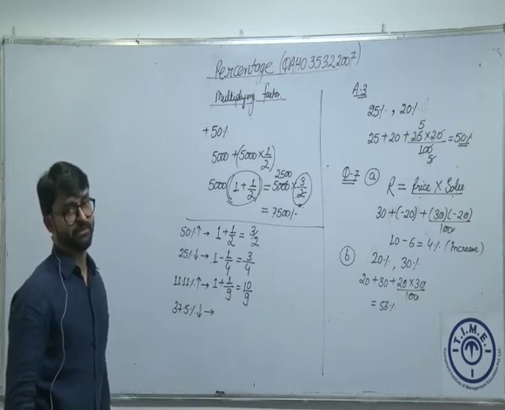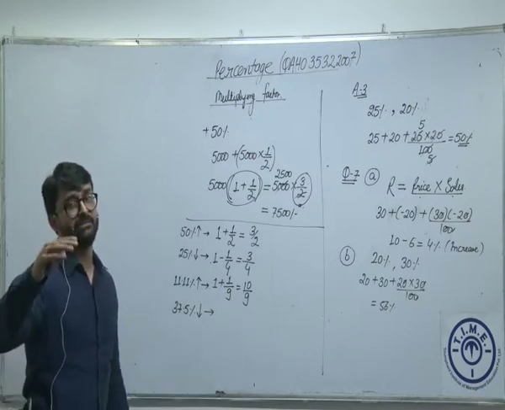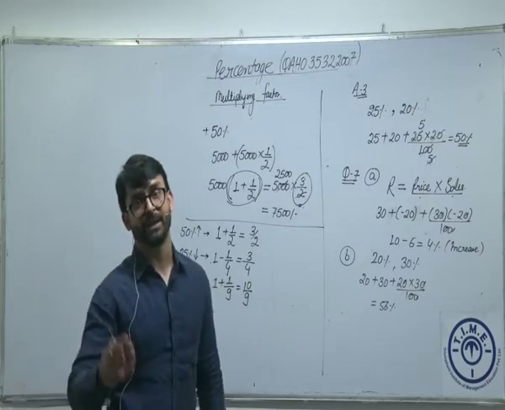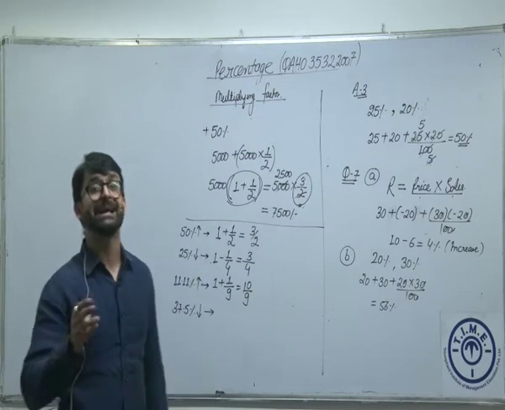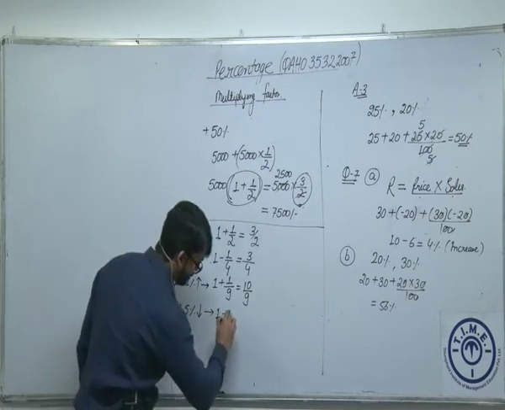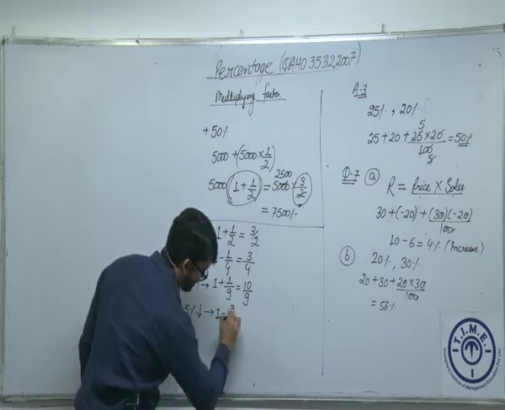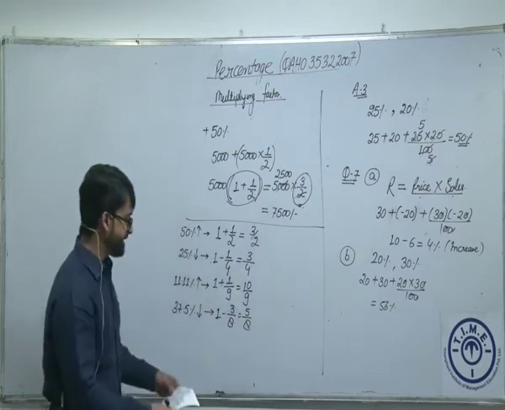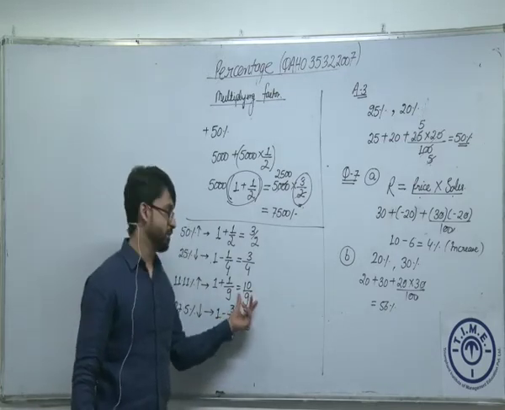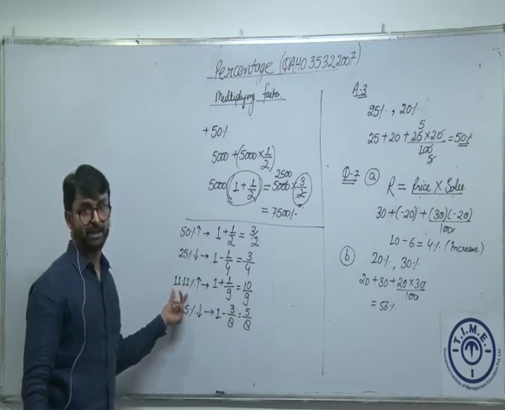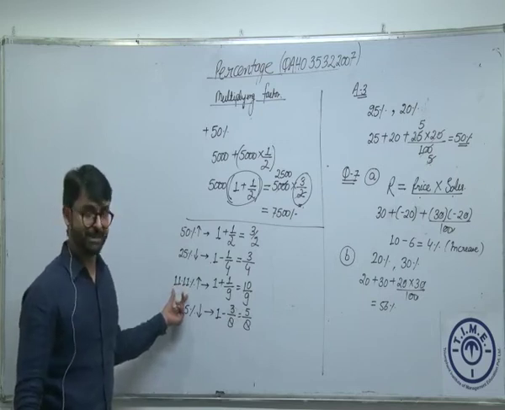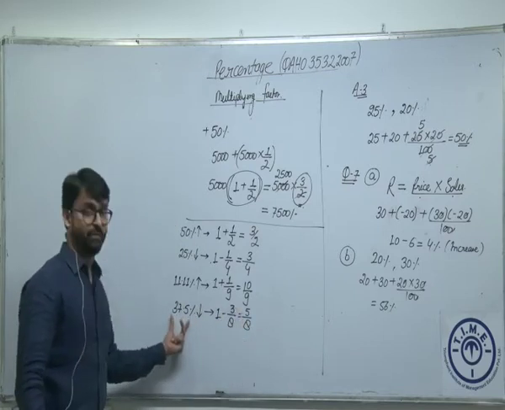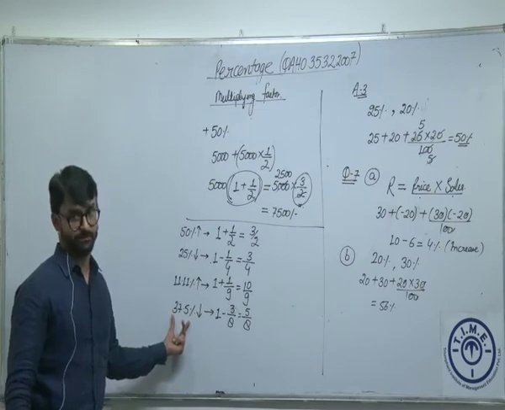Now 37.5%, we have used this number a couple of times. This is 12.5% into 3. 12.5% is what? 1/8 into 3 is 37.5%, which is 3/8. So reducing by 1 minus 3/8, which is 5/8. So this means if you multiply any number by 10/9, that will automatically result in increase of 11.11%. अगर आप किसी नंबर को 5/8 से मल्टीप्लाई करते हो तो उसका रिजल्ट जो निकल के आएगा वो आएगा 37.5% रिडक्शन. Is that okay?